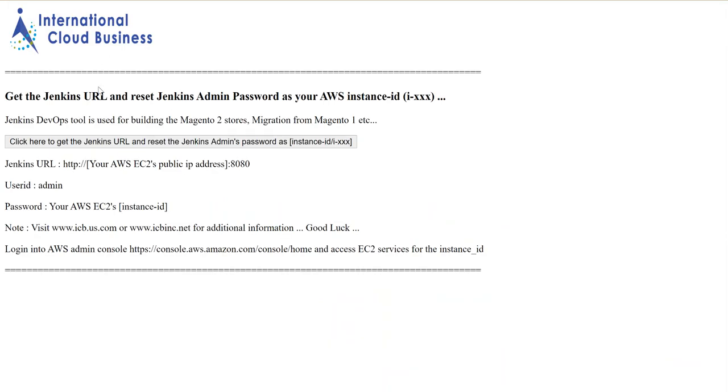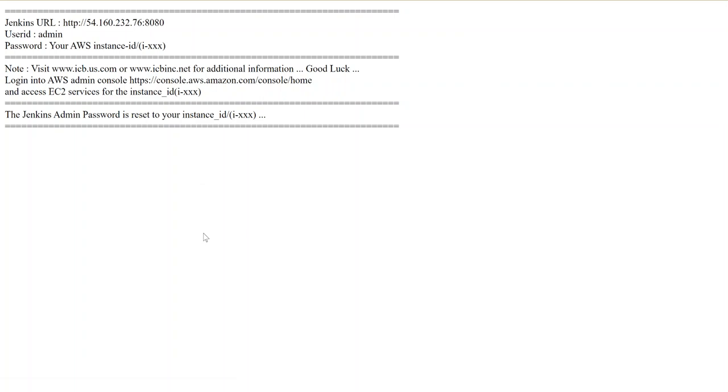and open a new page and type that IP address, then it will bring you to reset your initial password to access the DevOps tool Jenkins. Here, click here to get the URL and reset the Jenkins admin password. Click that one. That is more important. It resets your initial password and